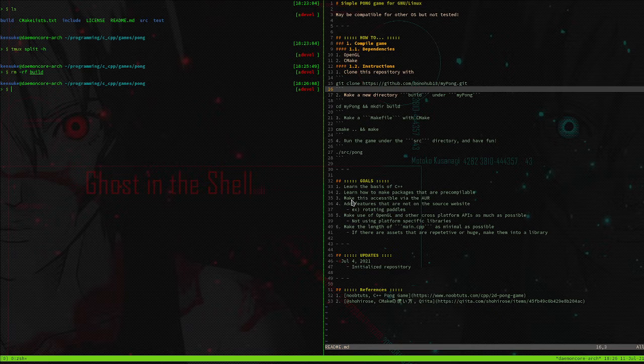Now, it's not really special. You can do anything, but why I want to do this specifically is, first, I wanted to learn how to upload packages to AUR. Second, if anyone wants to, you can just download it and play the game. Fourth, I want to add features that are not on the source website, like rotating paddles. Now the source website will be here,